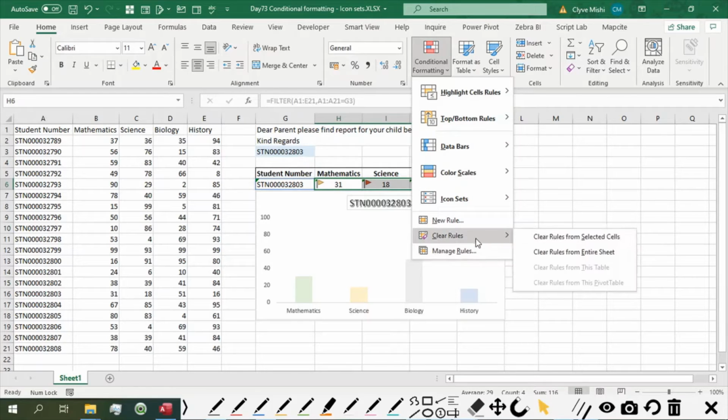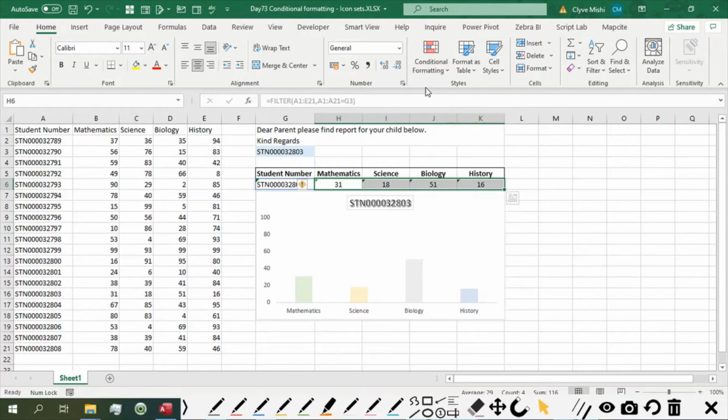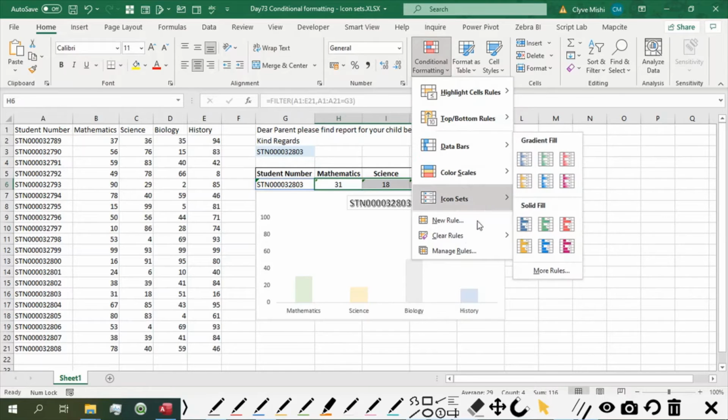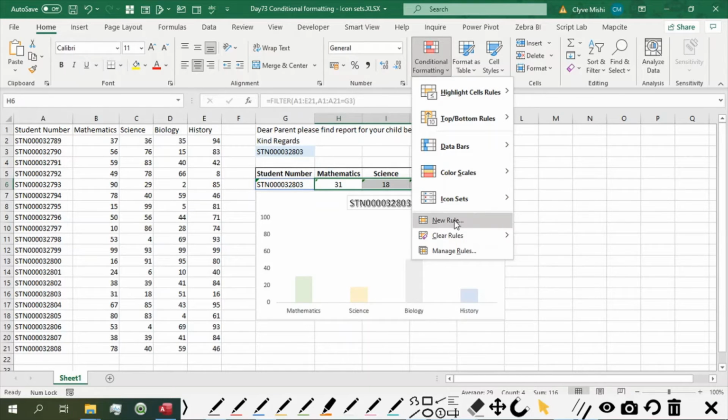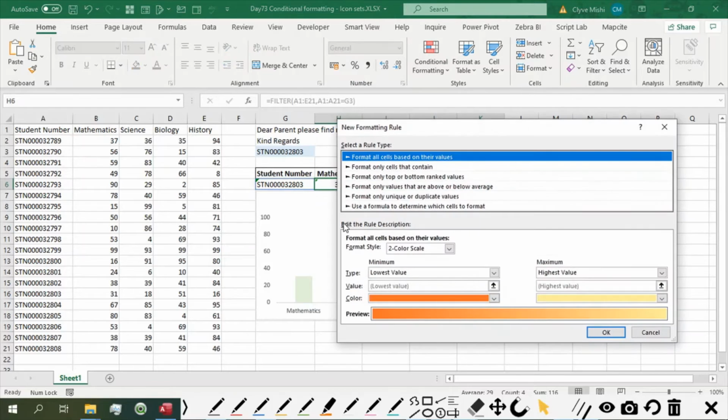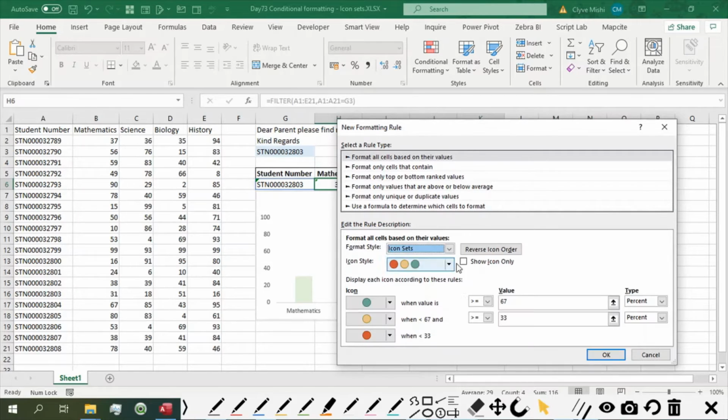So let me just clear the rule. Then you go to conditional format and say new rule. So you are creating a new rule which you want to tailor. Then you say format cells based on their values, and you say I want a 3 color scale, or you want an icon set or a data bar. In this case, I want an icon set. Then I choose the icon set I want to make use of. So in this case, I want to use